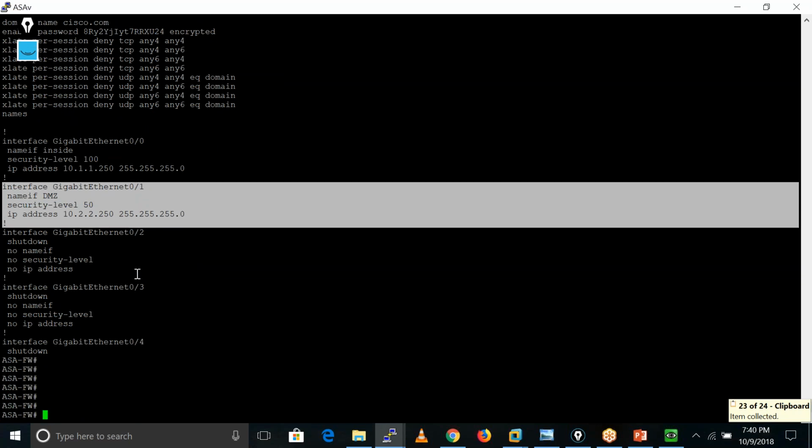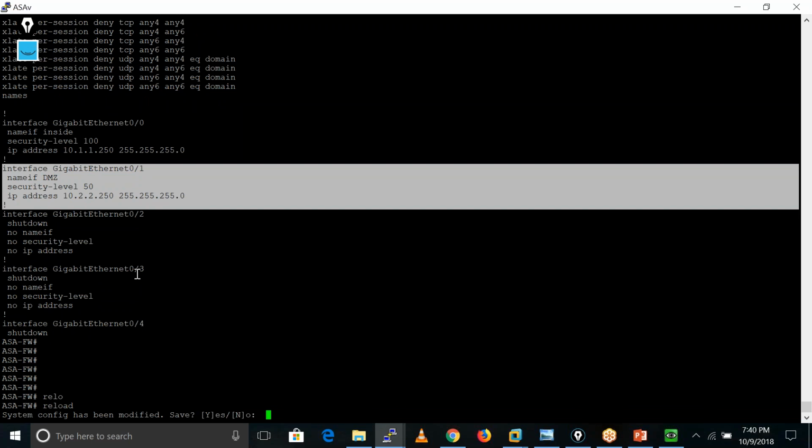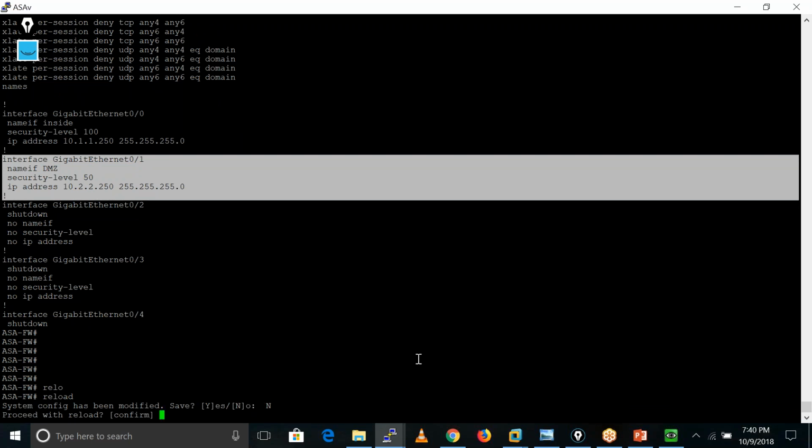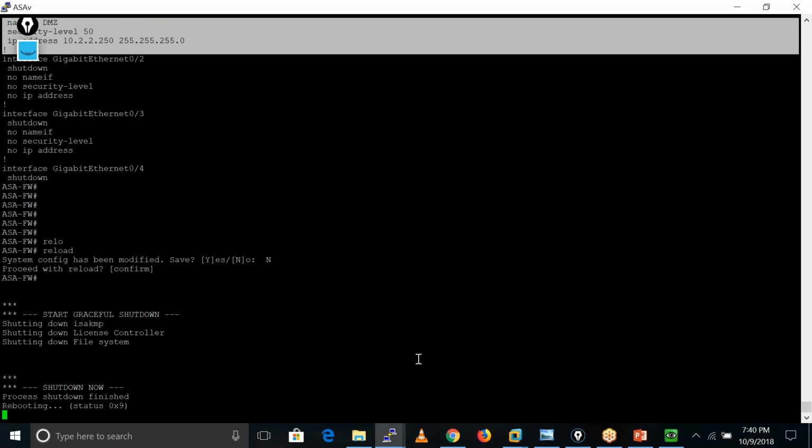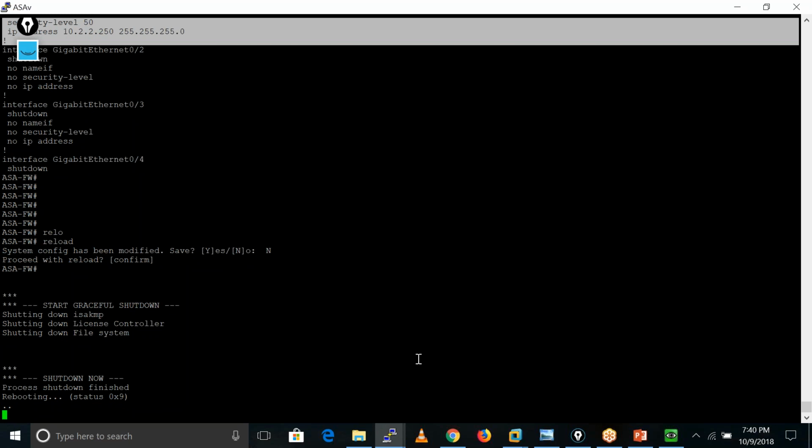So let me this time reload my firewall. Okay, and I am not saving any configuration here. I'll just run no to confirm. Okay, so this time the ASA comes up with the IP address on both interfaces, but in our running configuration we were not having that IP address. It always loads the startup config only if it is restarting. But you had removed that IP address from the running configuration. So if you do any changes, you must save these changes always. You just remember that part.